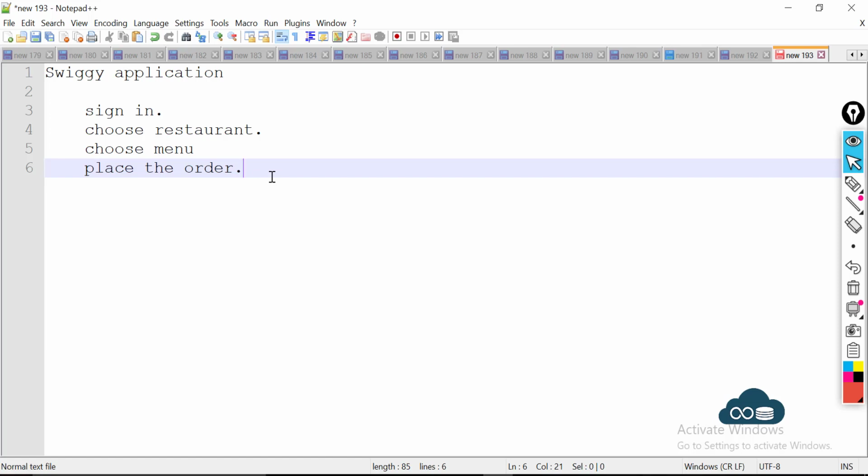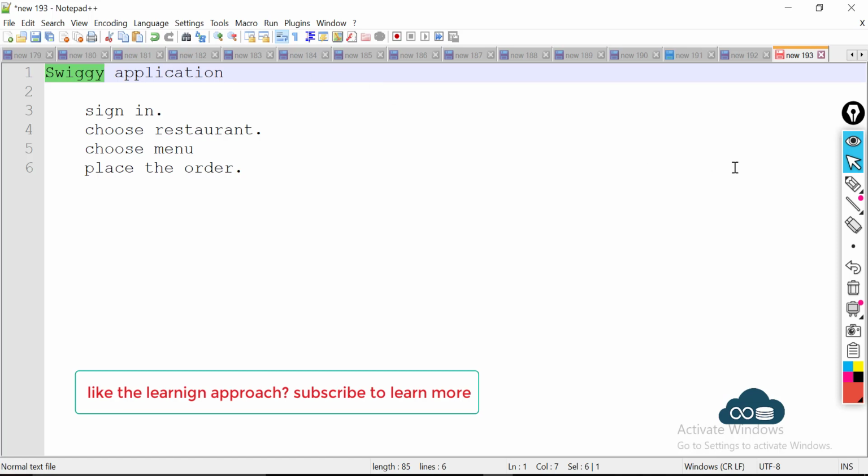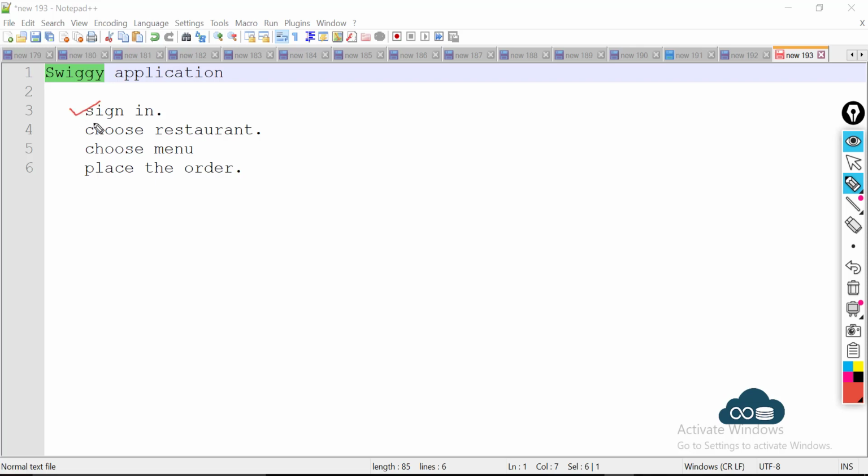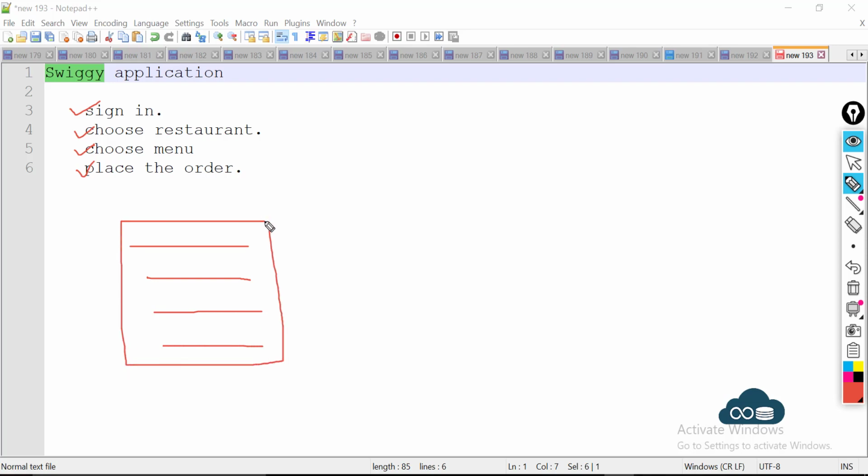So in real time, when the Swiggy guys approach a service-based company to create an application, the first thing to be done is done by the developers. What developers do is they first start writing code for these 4 pages. Let us assume they have completed writing the code for those 4 pages. Once they are done, and if they think that everything is fine, they will copy it in a bundle and they'll give it to someone called the middleware team.